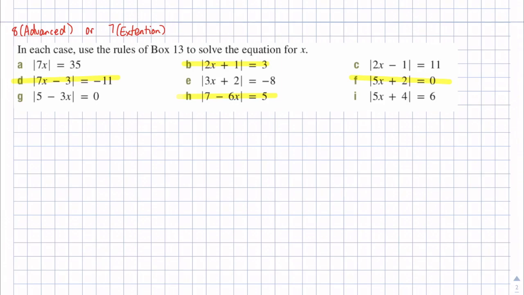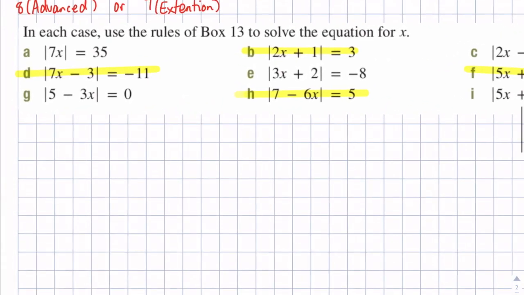Okay, question 8 for the advanced textbook and 7 for the extension textbook has just more complicated looking absolute value equations to solve. So I've asked you to do every second, so I'm going to do every second. So this one's saying the absolute value of 2x plus 1